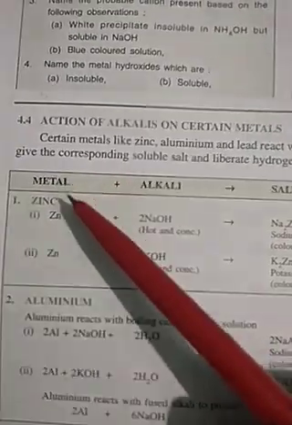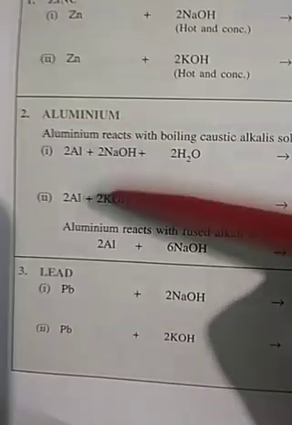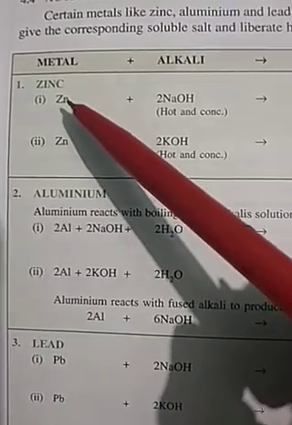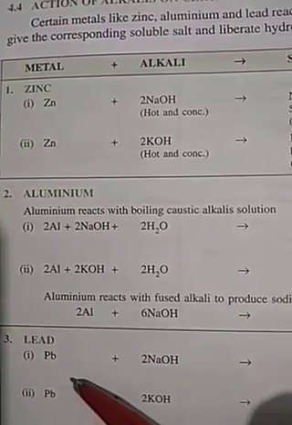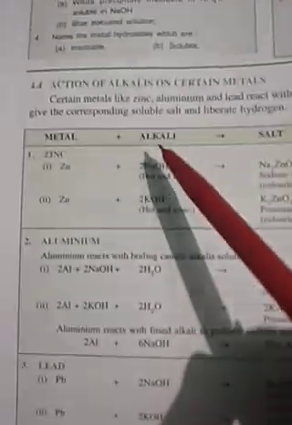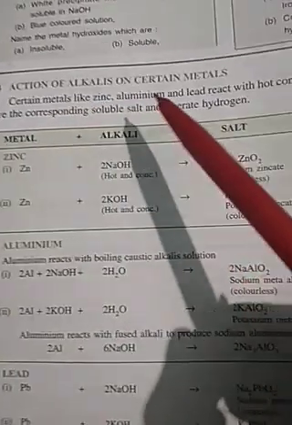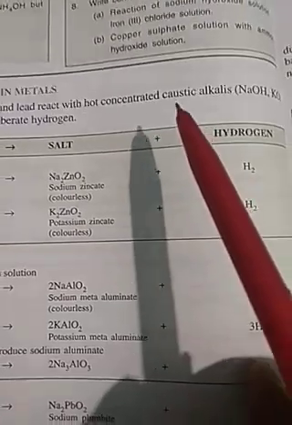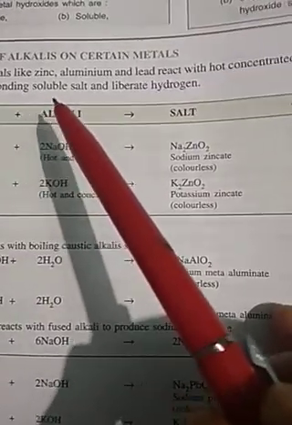This you have to get it by heart. You will get such type of questions, observatory questions every year. Now certain metals, not all the metals, certain metals, mind it, zinc, aluminium and lead, when they react with alkali, react with concentrated, means hot, freshly prepared alkalis, they form soluble